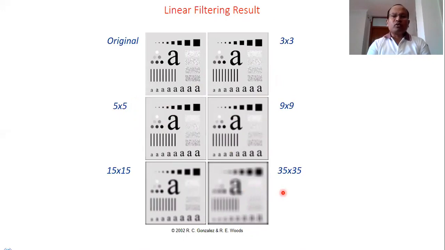When you compare, you can clearly see in the results that when you are increasing the size of the neighborhood, when you're increasing the dimension of the filtering or mask operation, the quality of the image is degrading. It means it looks more blurry. It looks like more blur is present in the images. Why? Can we understand why it is happening? This is a very important thing.